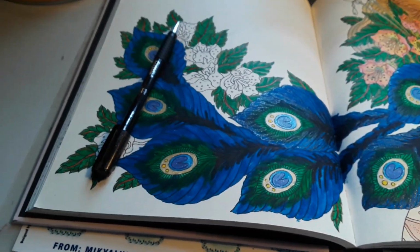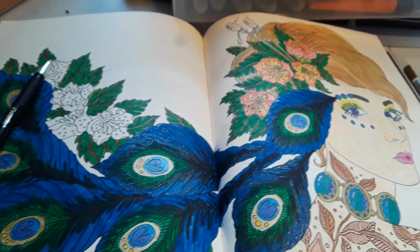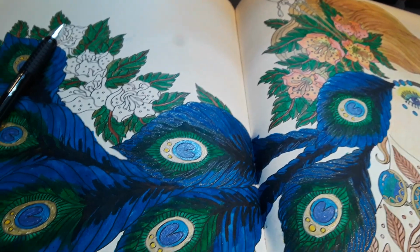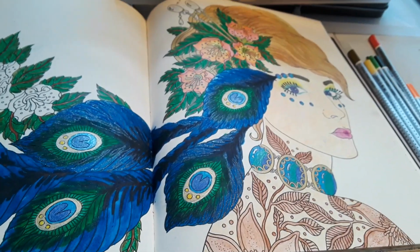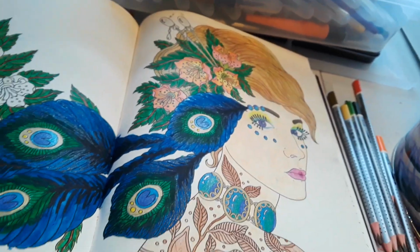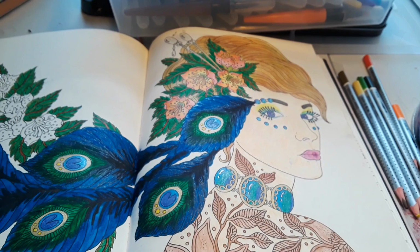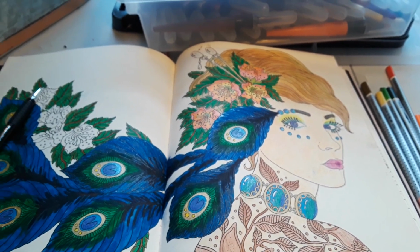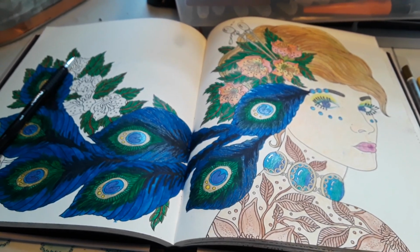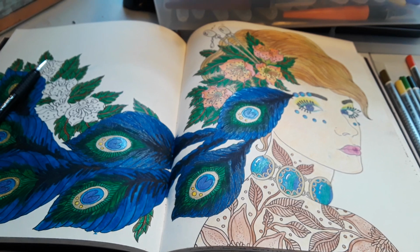I enjoy coloring, and I color slowly. It takes me several sittings to finish one, because I just color while meditating about life and things that happen, and it de-stresses me, and for some reason I don't know why. I don't know how it really works, but I think creating something beautiful is what helps my brain